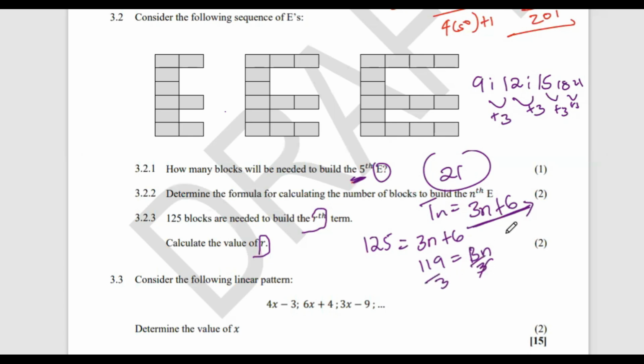Okay, so we're saying we're getting 39,667. But in number patterns, we should never get a position that is a decimal. Because if we say 39, then the blocks are going to be less than 125. And if we say 40, the blocks are going to be more than 125. So clearly, I think this question either meant 123 or 1.6, one of the two numbers. So there is something wrong with this part, as per my